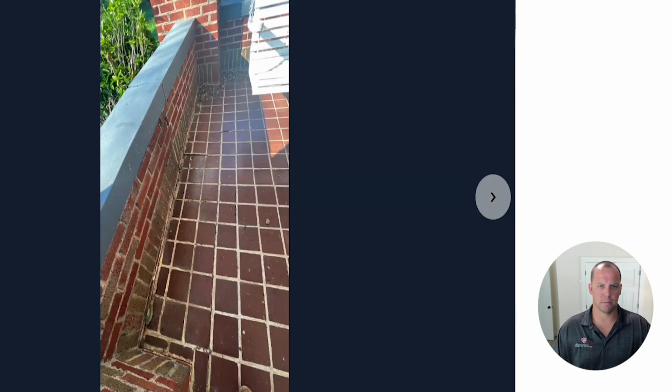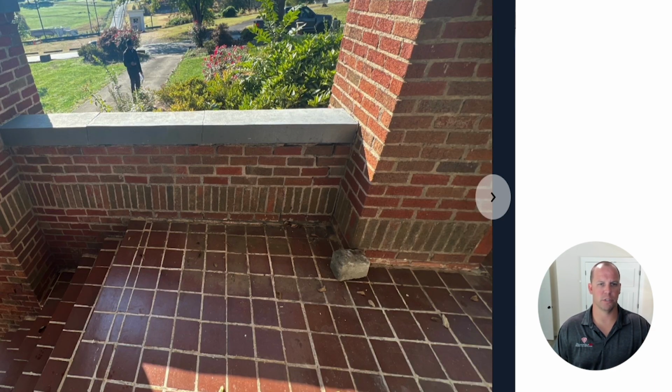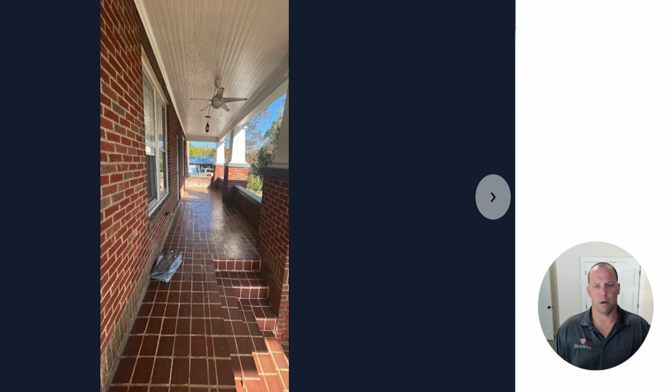Very nice big brick porch. You can see it's cracked there, a little bit of movement, settlement there. More cracking here. You can see some repairs have been made in the past. So this porch is definitely moving, which is what made this customer, when they bought the house, get the structural engineer involved. This is the part that we started working on,